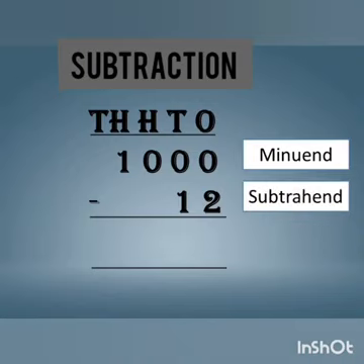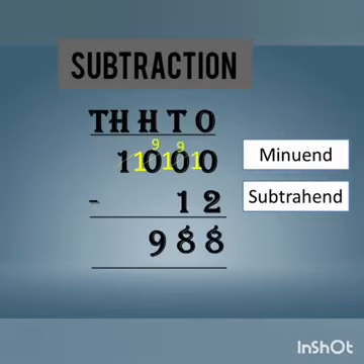Now, let's see. We cannot subtract 2 from 0. For that, first we will cancel the 1 there and give carry to 0. Now this 0 will become 10. We'll again cut this 10. It will become 9. After this, we will give 1 to the next 0. Again, this 10 will be cut. This will also become 9 because we need 1 for the last 0.